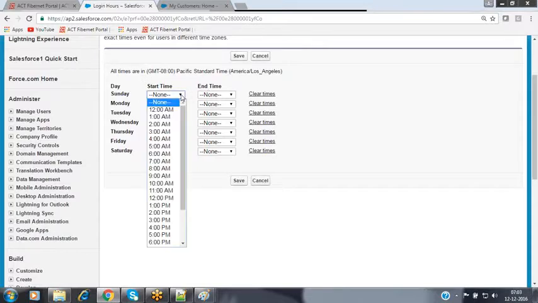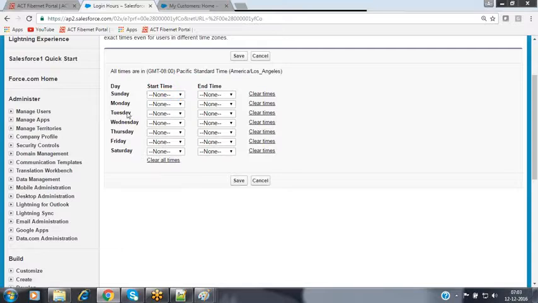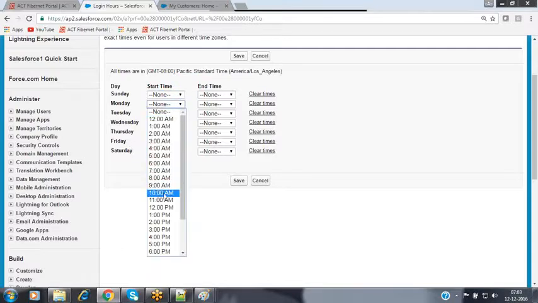Do you want to access that application Sunday to Saturday or only Monday to Friday? It depends upon your requirement. Now we can specify Monday to Saturday. Monday at what time?